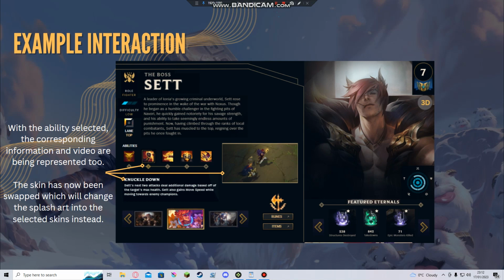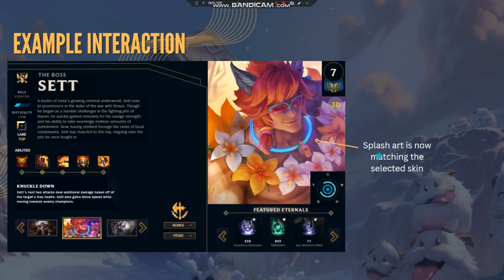The example interaction that I wanted to present was the abilities that I'd covered earlier, with the Q ability being selected, changing not only the video but also the section here, which gives you a rough basis for what the ability does. But now we have also changed the skin over to this pool party version, so what would now happen is, while this is going on, this section would now have to change, and in this